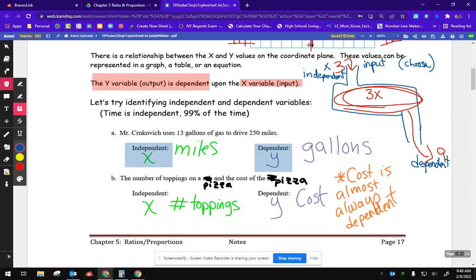So in this case, Mr. Krinkovich uses 13 gallons of gas to drive 250 miles. We want to know which is the input and which is the output. This one's kind of hard because it can go either way, but we can't tell how many gallons of gas he's going to use till we know how far he drove. So in this particular case, the miles are the input or the independent variable, and the gallons are the output,